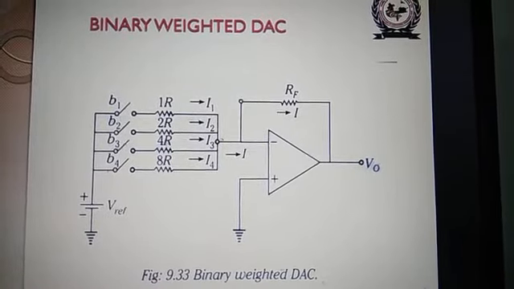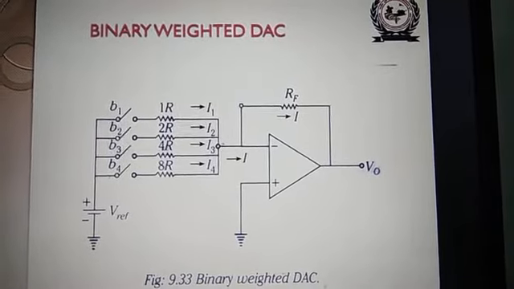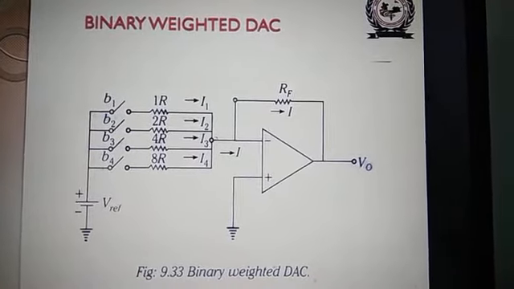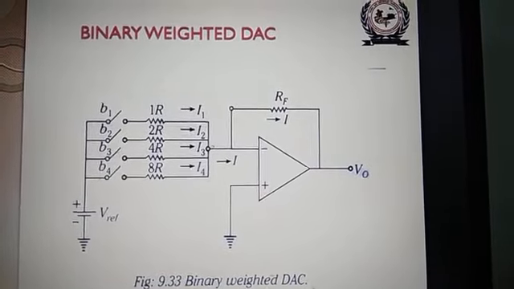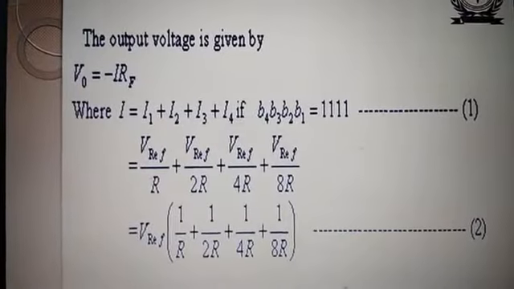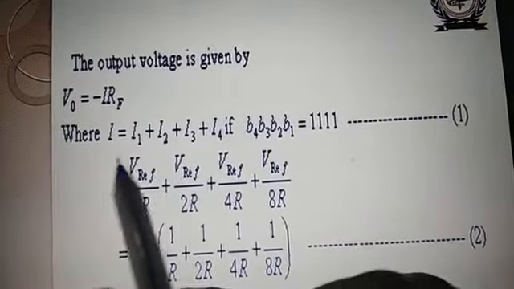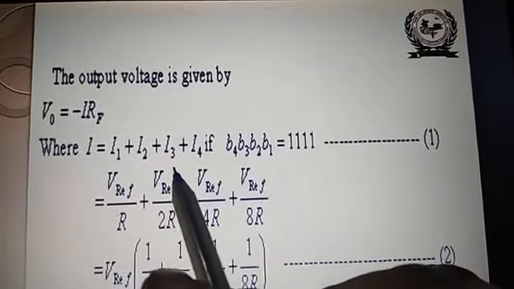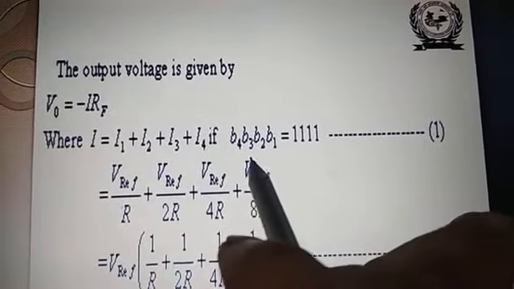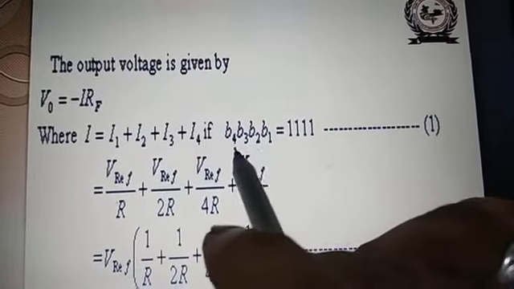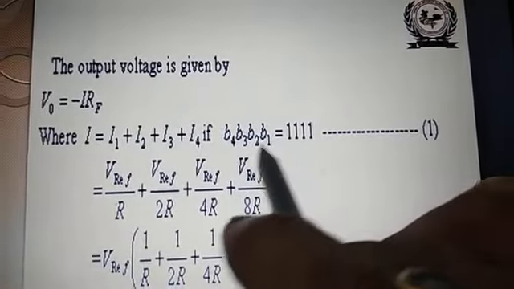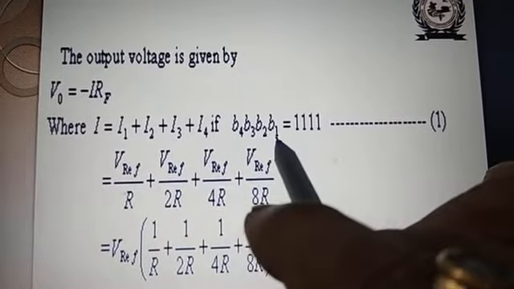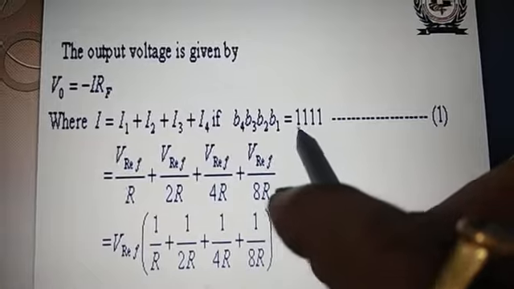So dear students, you can draw this circuit diagram and explain as I told now for this binary weighted D2A converter. Here you can see the output voltage, just as I have told you, V0 is equal to minus I into RF, where I is equal to all the input currents for 4-bit, I1 plus I2 plus I3 plus I4. If B1, B2, B3, B4, where B1 is the LSB and B4 is the MSB, is 1 1 1 1,